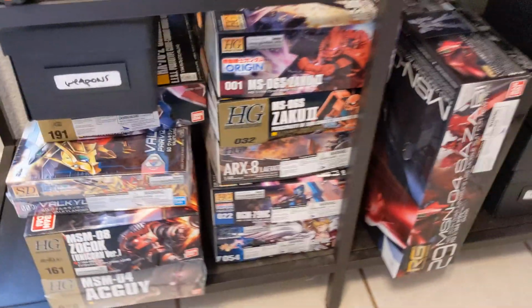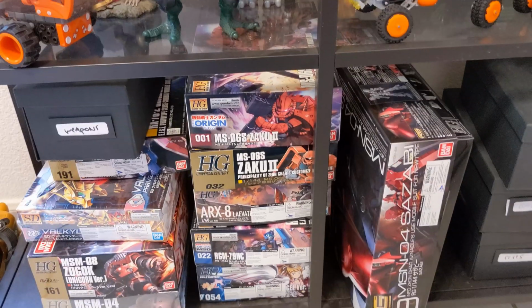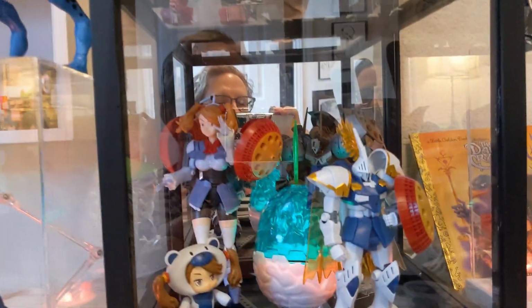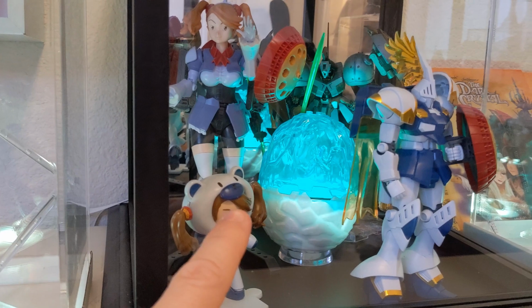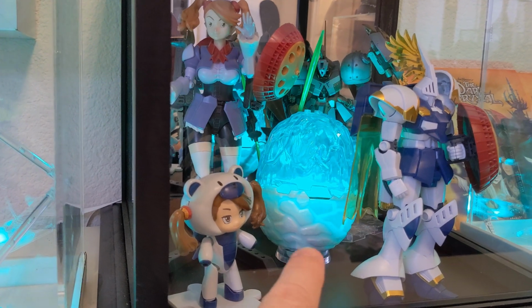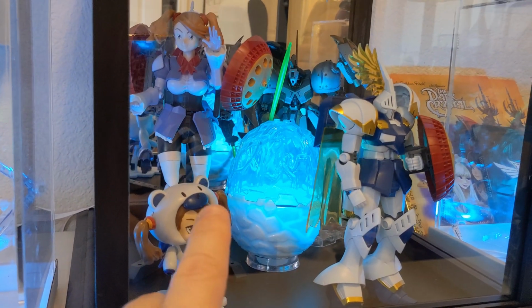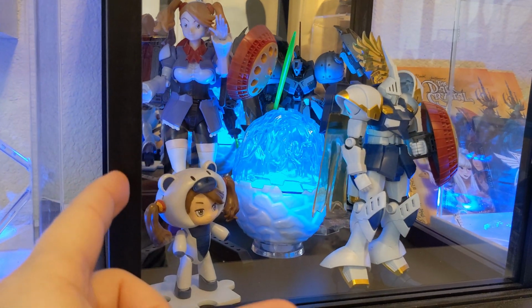And then here's my backlog. You might have seen my backlog video, or at least my model backlog video that I did the other day. Let's switch over here real quick. I've got all of my, hello, that's me, messy hair. I've got all of my Gianco stuff in here. In the back is my custom. Here's these 2, and then that's just a dragon egg with a LED in it. I'm eventually going to fix these all up, customize them all, or make them look really cool, and then they all go in this one